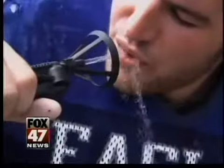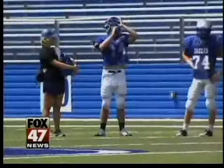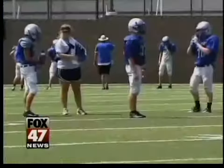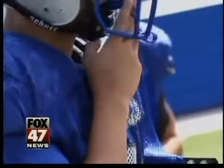The guys are encouraged to stop and get a drink of water whenever they need it. They've also been taught the signs of heat exhaustion, and so have the athletic trainers, who are constantly watching for any odd behavior from the players. If they're dizzy, headaches, lack of sweating, which is a problem in this kind of weather, any unusual signs that they are abnormal, which is good because we know the athletes, so we know when they're